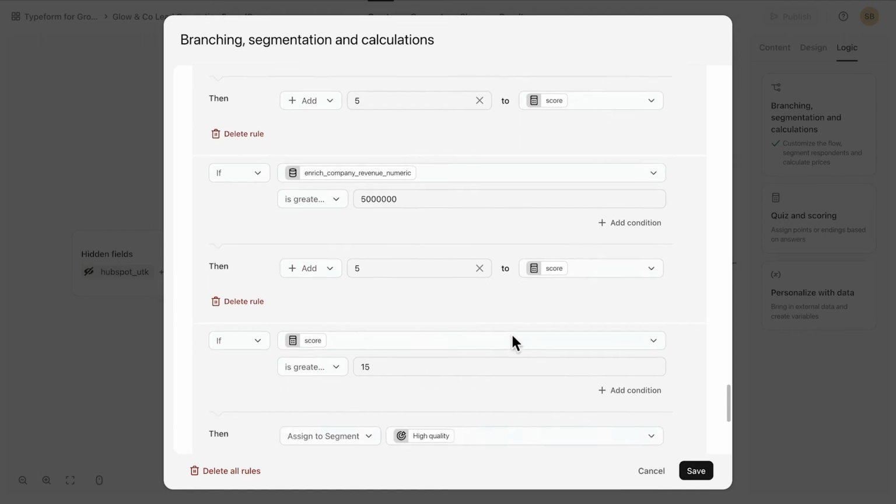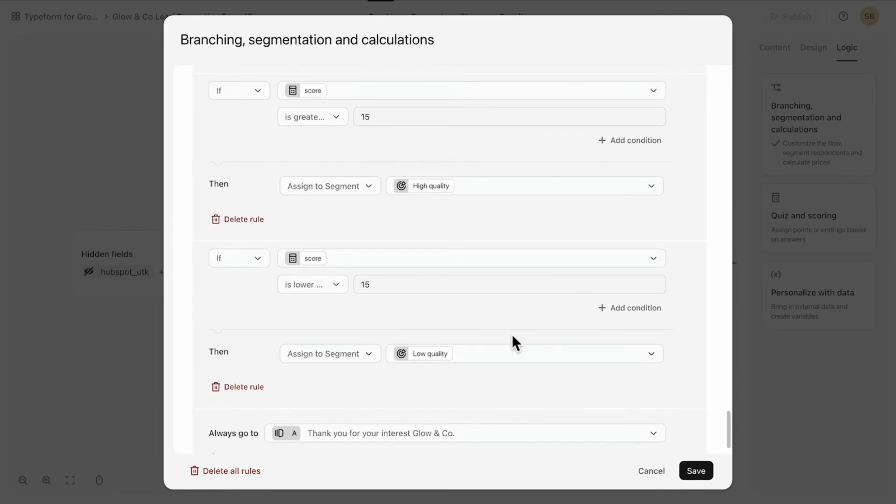Next, we want to segment these leads. So at the end here, once their score is tallied, we'll say that if their score is 15 or over, we'll add them to our segment for high quality leads. And if their score is less than 15, we'll add them to our segment for low quality leads. This will let us bucket our most promising leads together so that we can reach out to them as soon